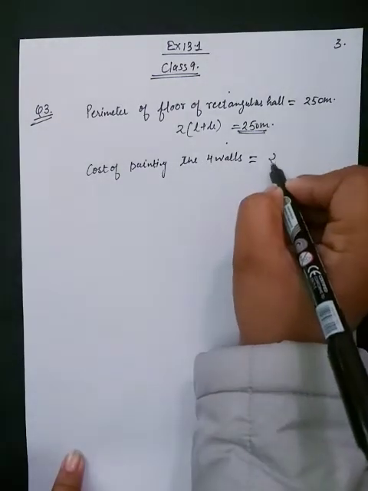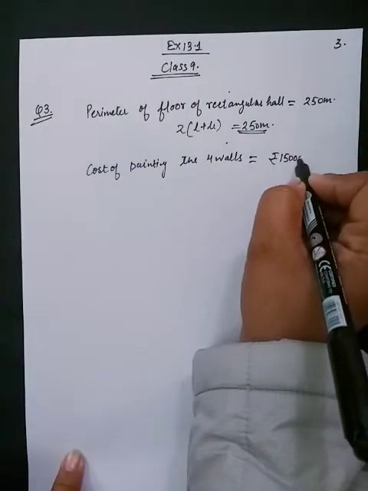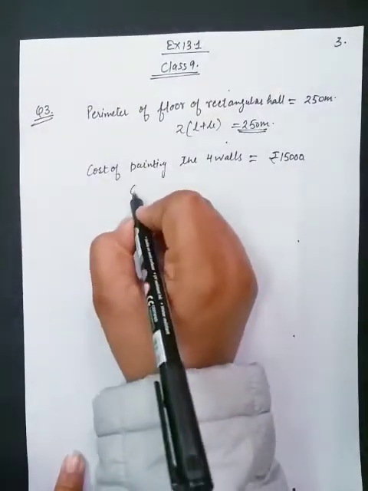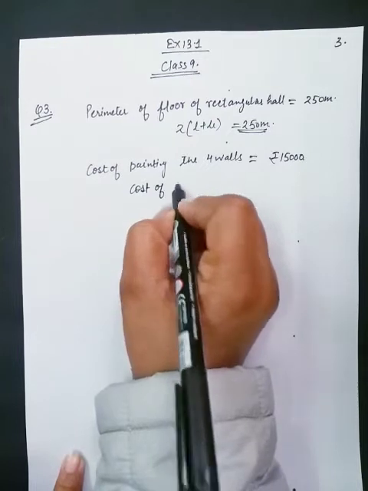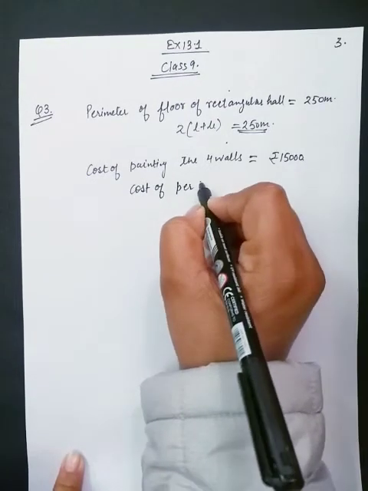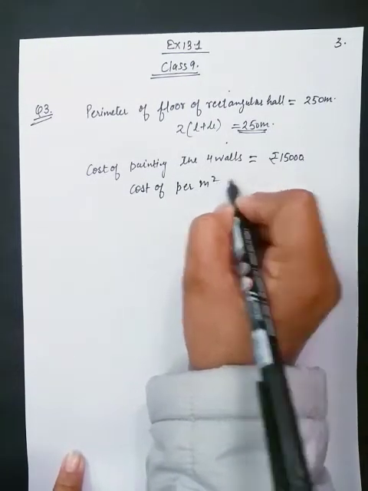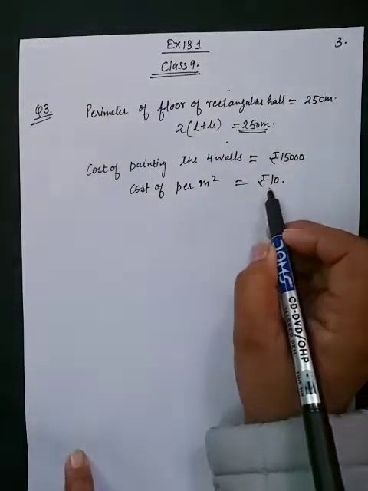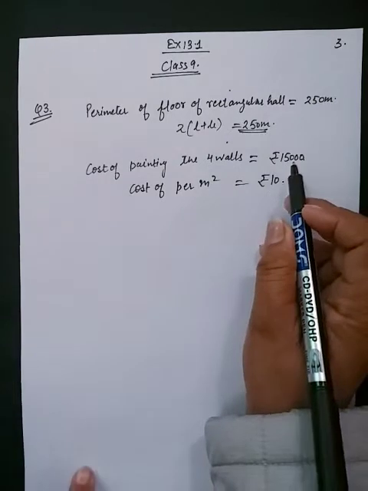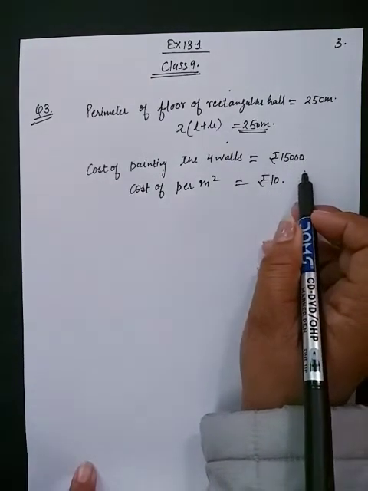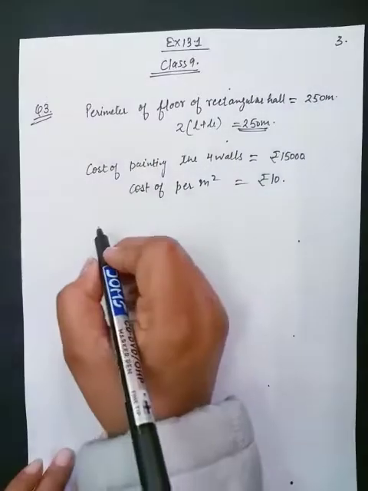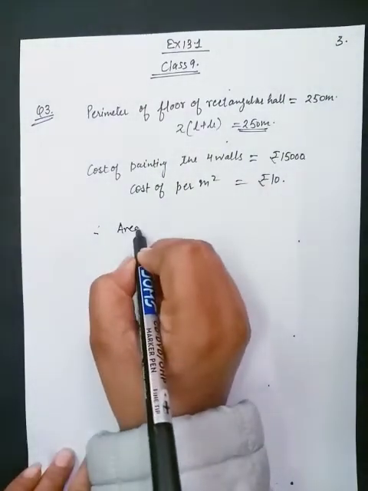Total cost is rupees 15,000 and this cost is paid as cost per meter square is rupees 10. Meaning, 1 meter square cost was rupees 10 and in total we paid 15,000 rupees. So now, what has been painted? The walls. Therefore, area of walls